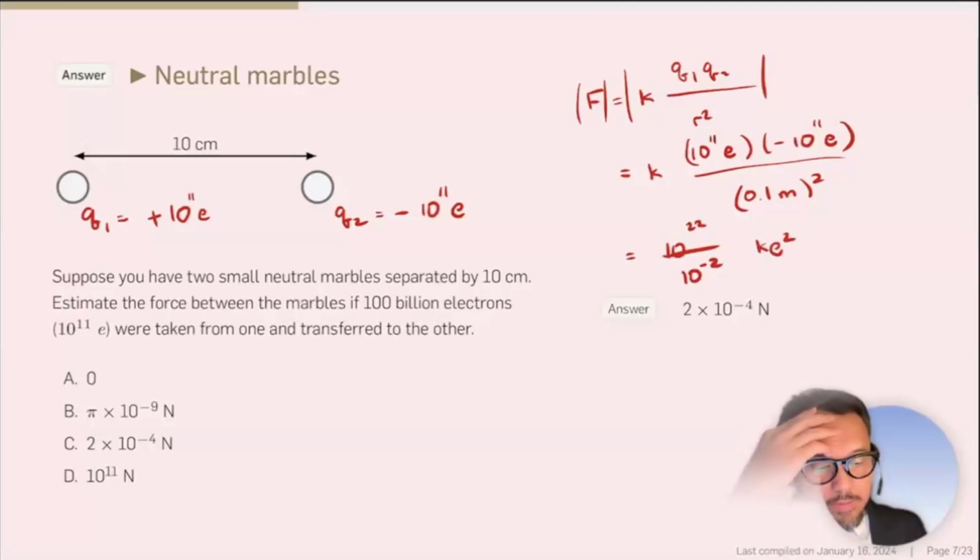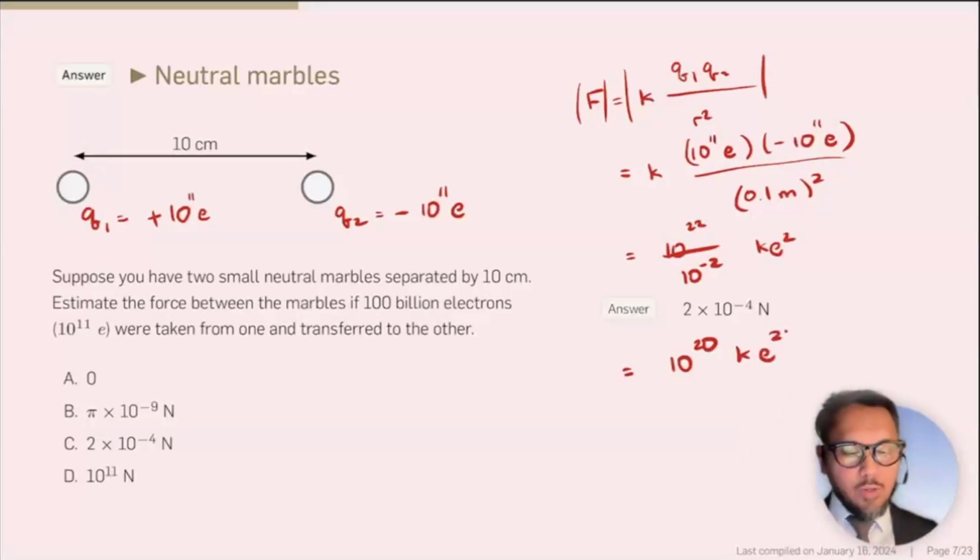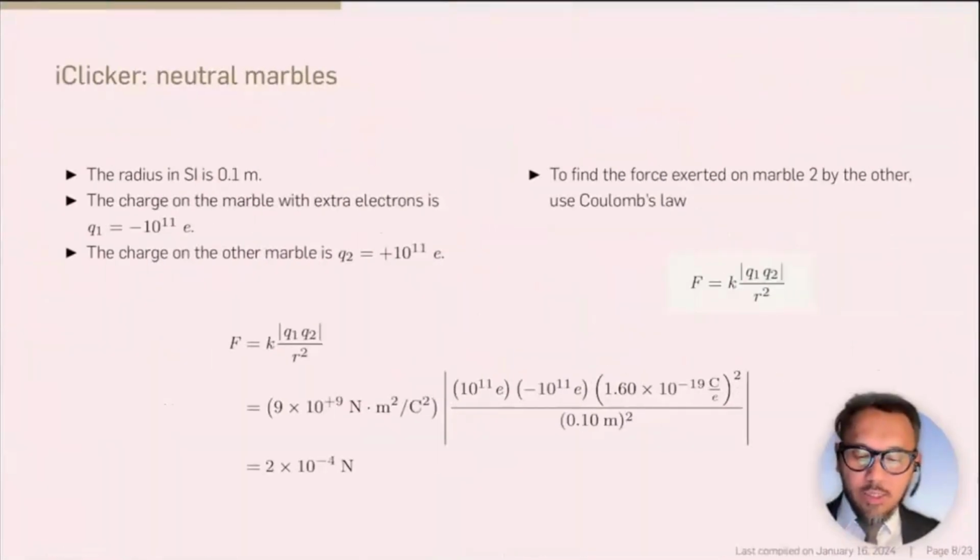And then this one is 10 to the 20th K times e square. Okay. So I did all calculation for you. K is 9 times 10 to the 9th. And then e is 1.6 times 10 to the minus 19th. And when you put all the numbers, the answer that you get is 2 times 10 to the minus 4th